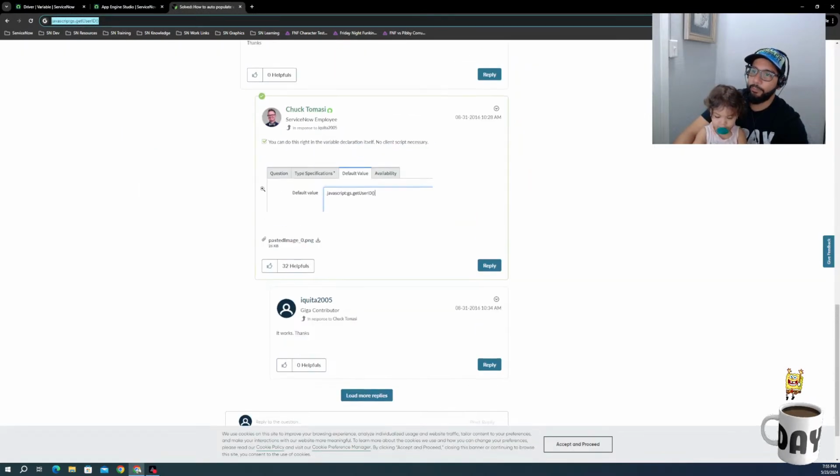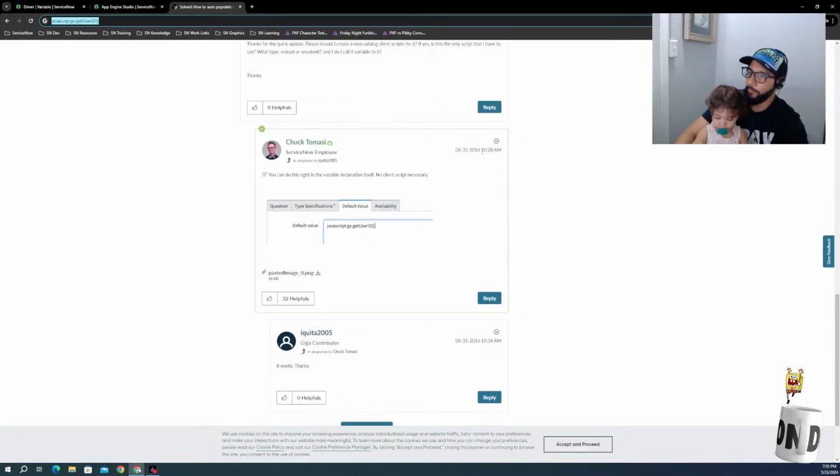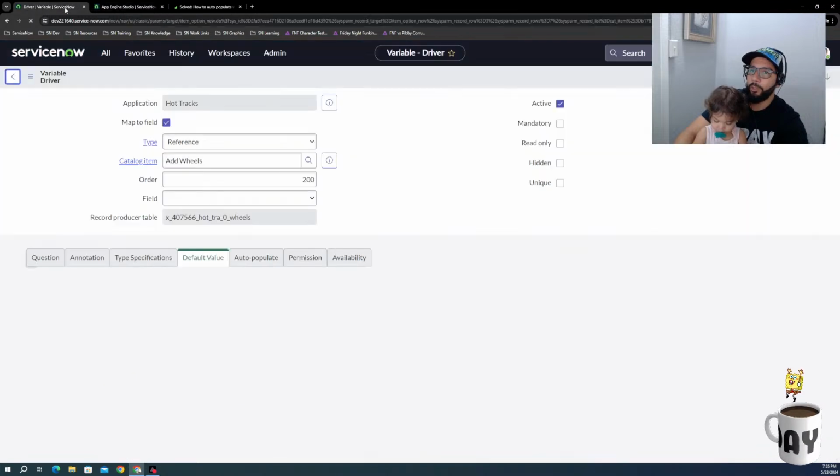Chuck answered our question back in 2016, that we can make a default value of JavaScript get user ID, put that in our default value like that, and be able to